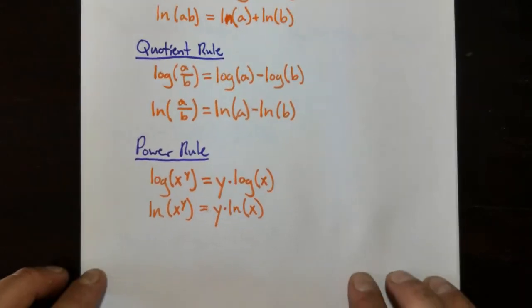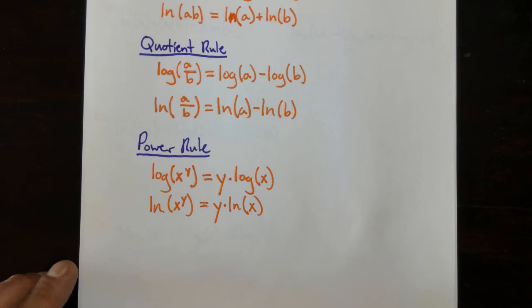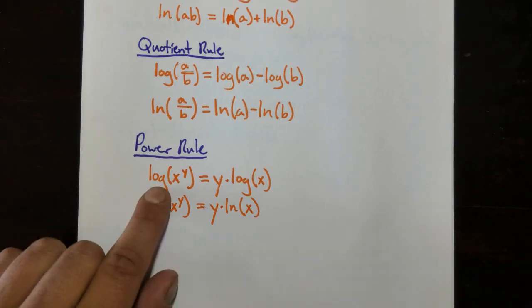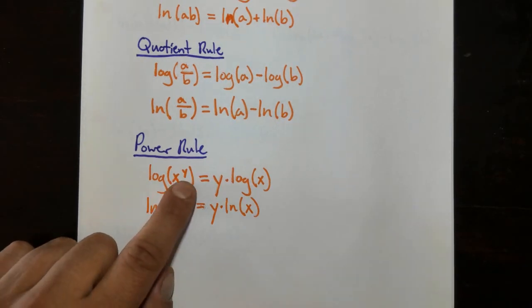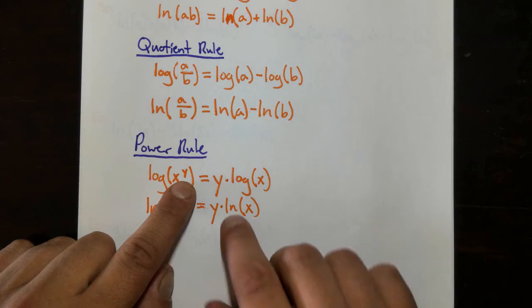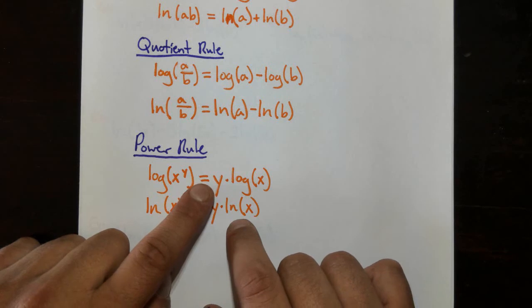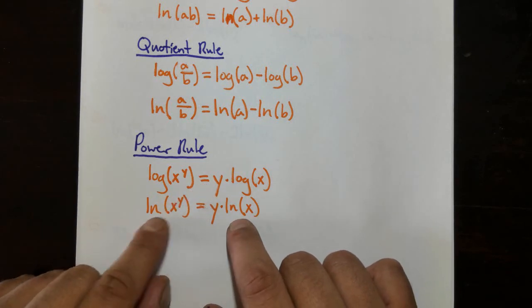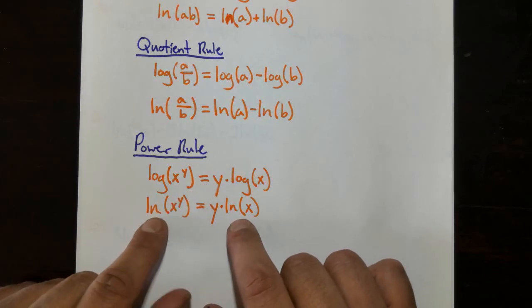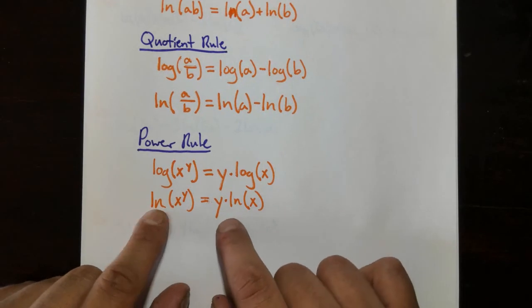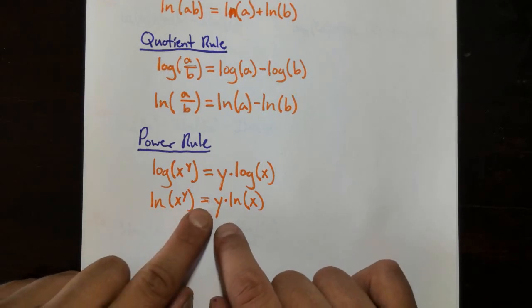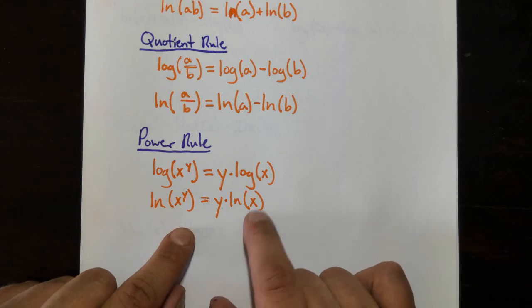And then we have the power rule. The power rule states that if we have a log of something to a power, well, we can take that power out and multiply it to the log out in front. So that's what the power rule is stating. And again, the same thing works for ln, for the natural log. So the natural log of x to the y power is the same thing as saying y times ln of